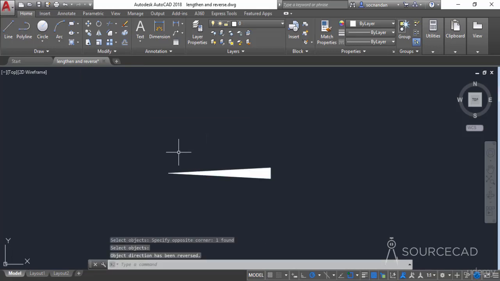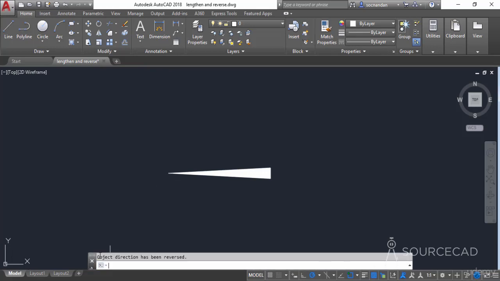Now, although you may not see the change in direction, when you look at the command line, let's expand it, you'll see that the object direction has been reversed. Obviously the object direction has been reversed, but we are not able to see any change here in this polyline because it has not reversed the order in which the polyline has been made. And in order to apply the change to the order of this polyline, you need to change the PLINEREVERSEWIDTHS